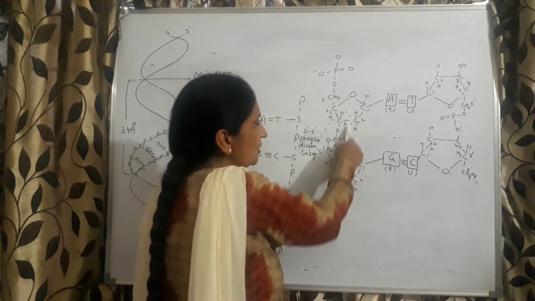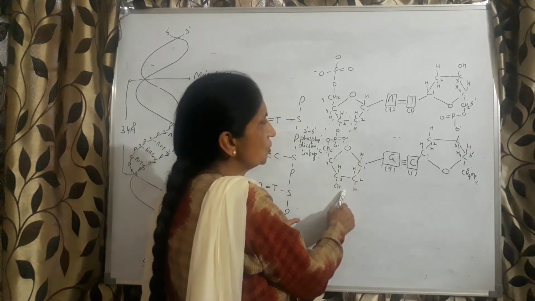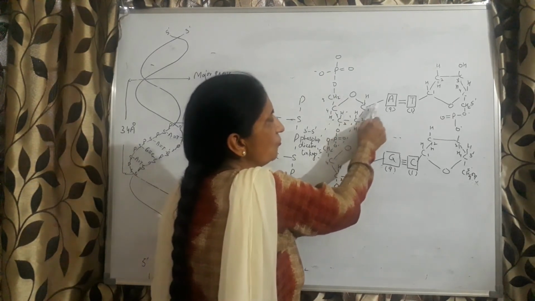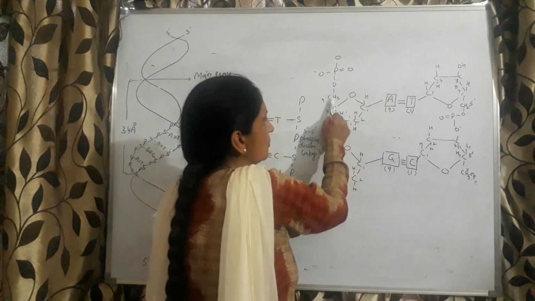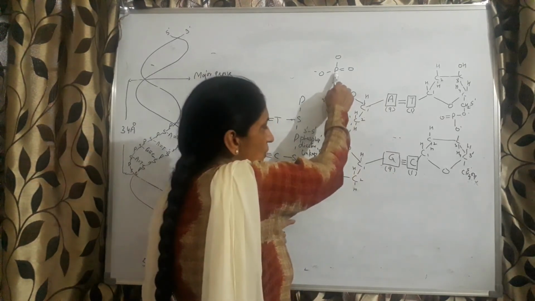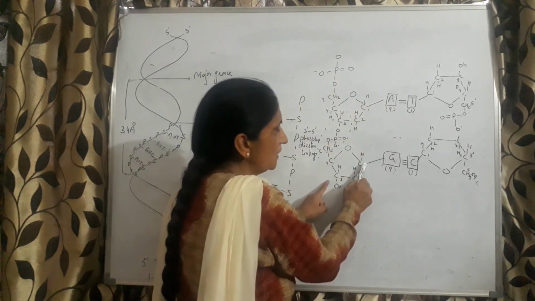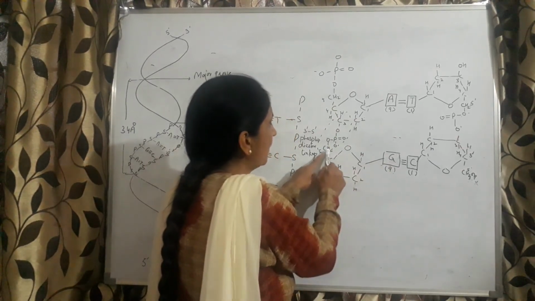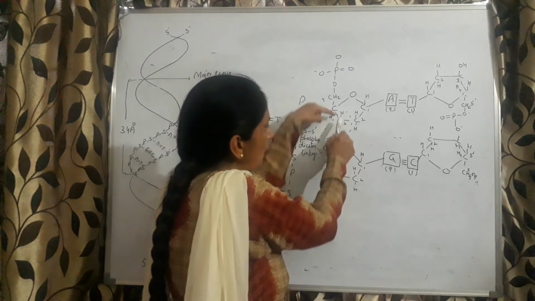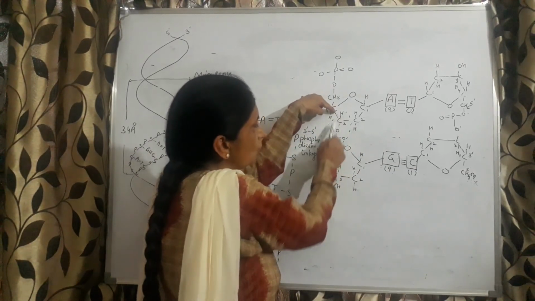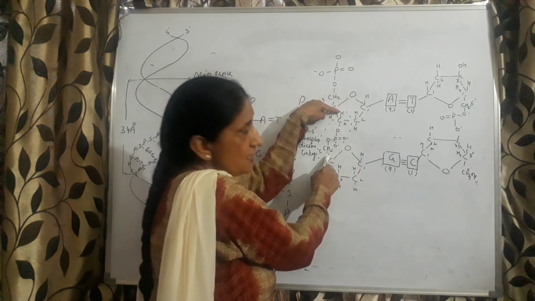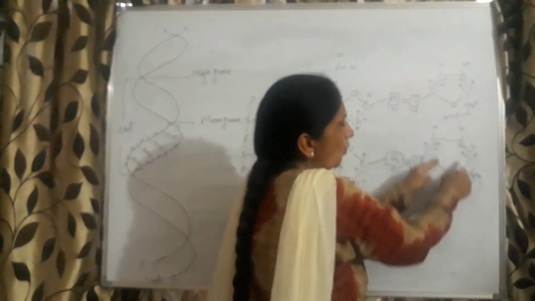We have taken one polynucleotide chain over here. This is the sugar molecule deoxyribose. Carbon atom 1 is attached to the nitrogen base, carbon atom 5 is attached to the phosphate molecule. This is the second nucleotide, again carbon atom 1 is attached to the nitrogen base, carbon atom 5 is attached to the phosphate molecule. Adjacent nucleotides are held together by 3'-5' phosphodiester linkage. So this is the second polynucleotide chain.